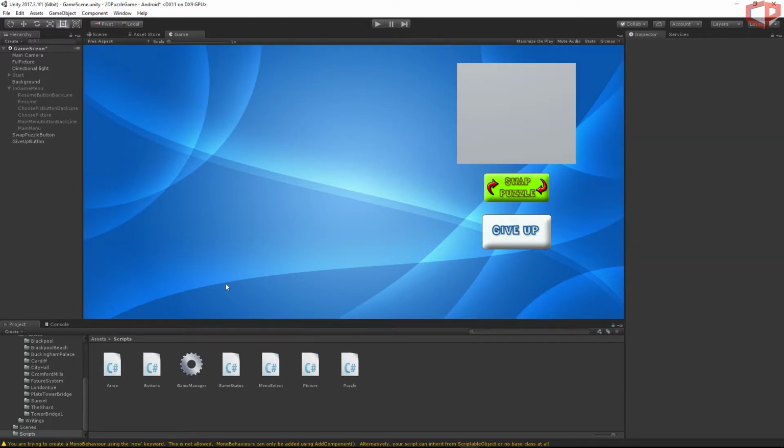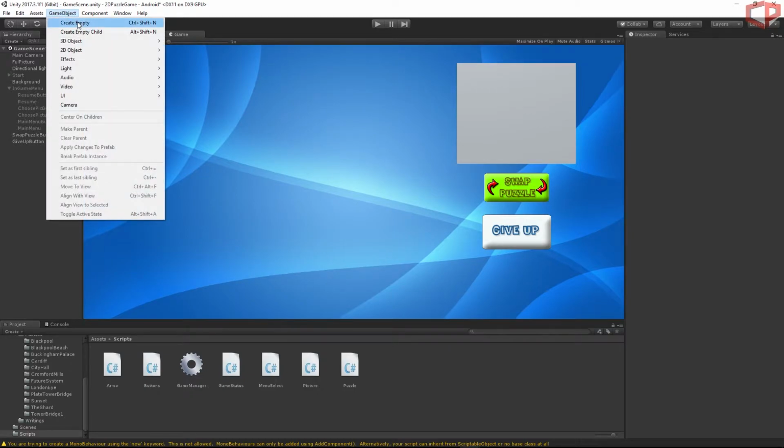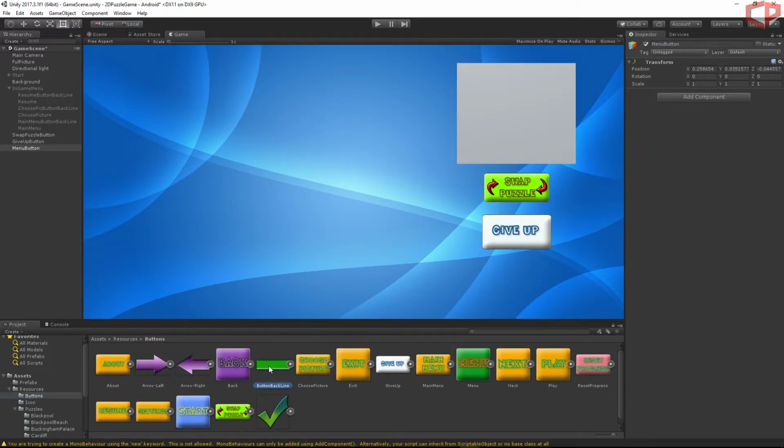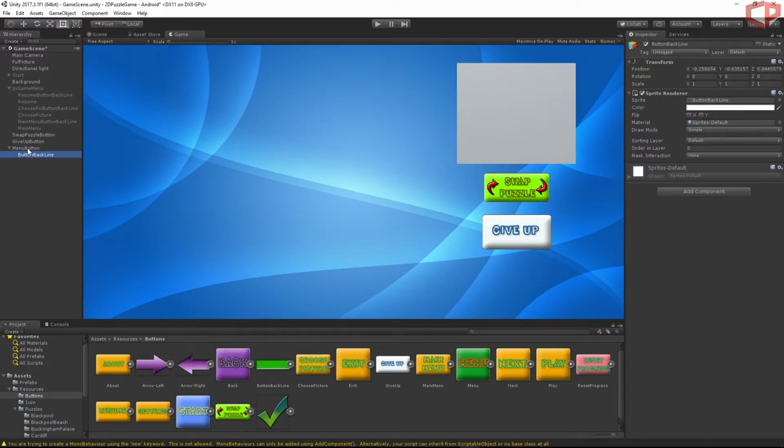Okay, then we have to add the button below the menu button. I will create the empty game object. Select game object, create empty. Change the name to be maybe menu button. Okay, go to the buttons folder, find the button backline, drag and drop it under the menu button, select Z position to be -1,